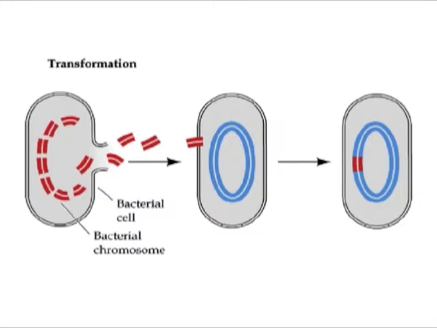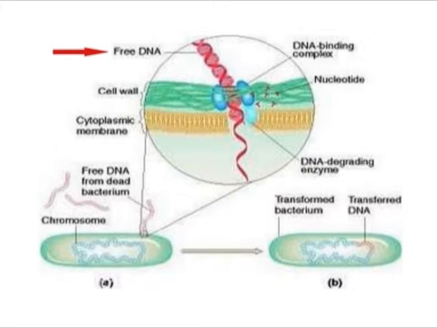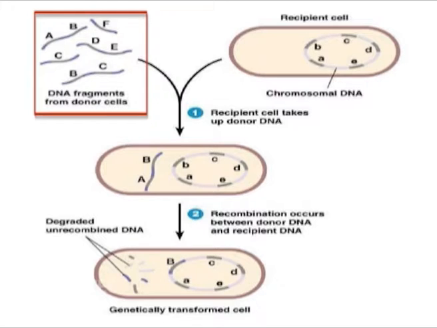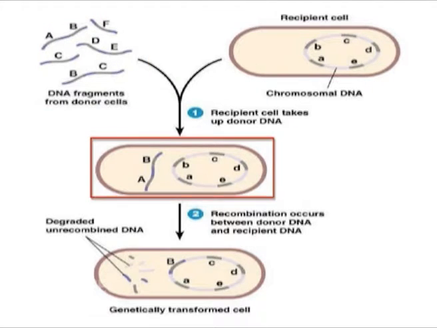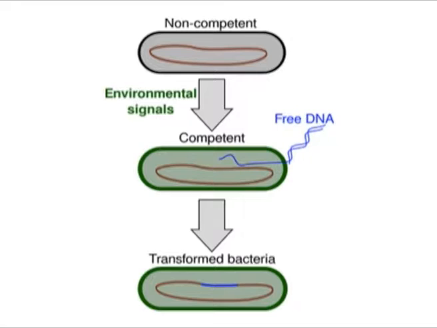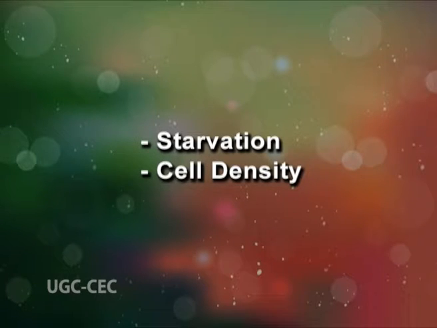Transformation is one of the three methods of horizontal gene transfer in bacteria, the other methods being conjugation and transduction. It is a process by which exogenous genetic material may be introduced into the bacterial cell. It involves uptake of a naked DNA molecule or segment from the medium and its incorporation into the recipient in an inheritable form. For transformation to occur, bacteria must be in the state of competence, which might occur as a time-limited response to environmental conditions such as starvation and cell density.